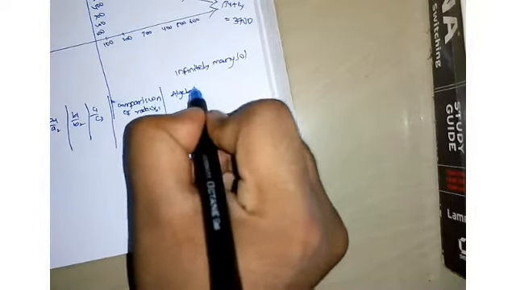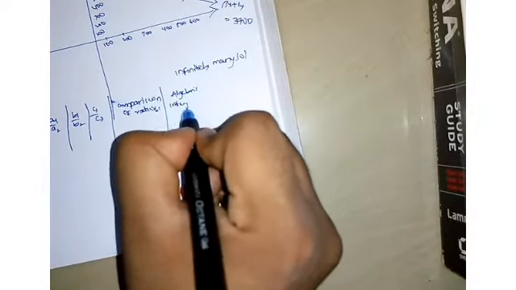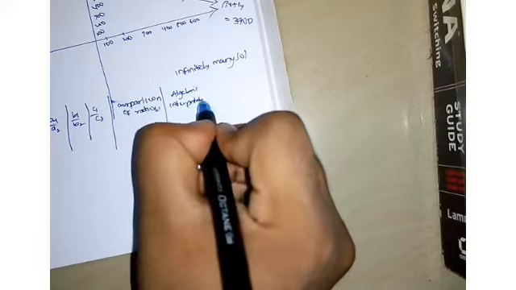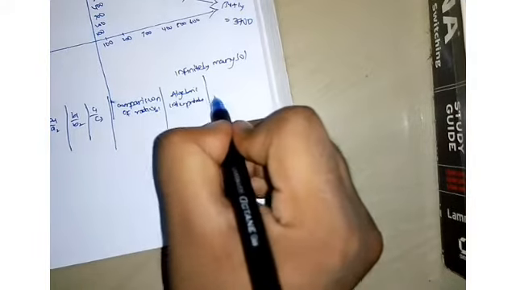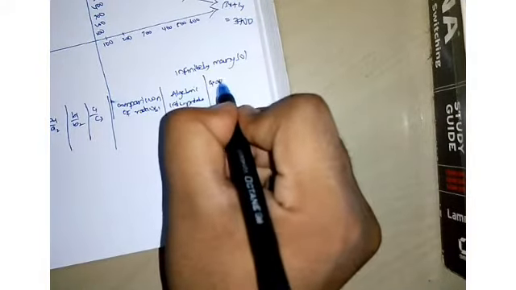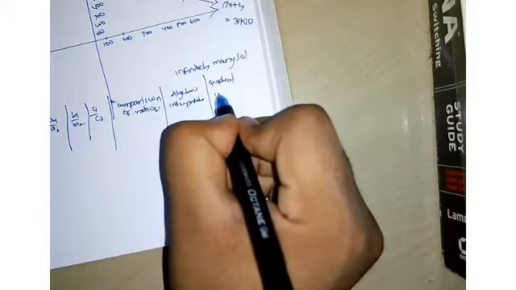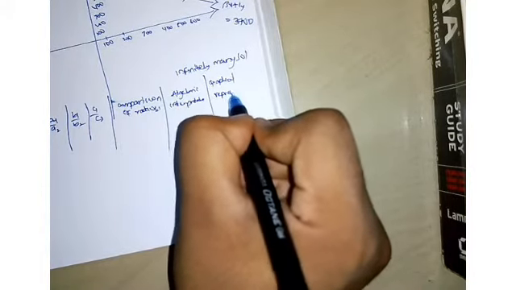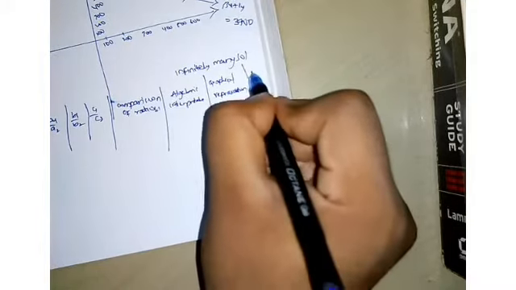Next is algebraic interpretation. Next to that, graphical representation. This table is given in your textbook, you can go through it. Next to that, solutions. If you fill this in, our first example we solved is